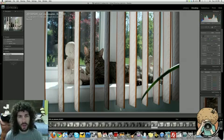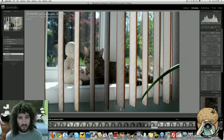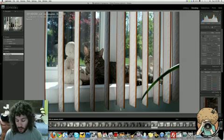I'm going to let you in on a little snippet of the D3000 super secret project, and I can't say any more. I want to say more, but I just can't. So I'm just going to go into a little bit about this segment, and we'll talk about shutter speeds and